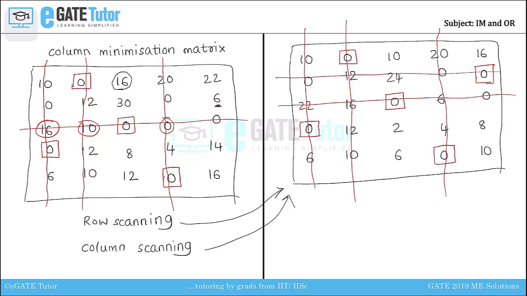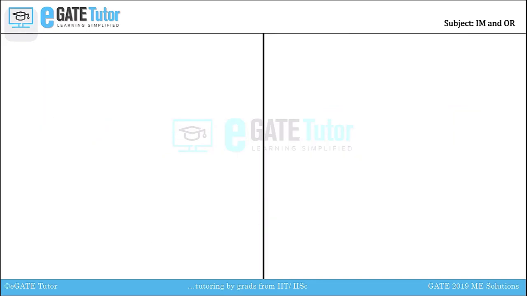Now, if we count the number of assignments, the assignments are 5, which matches with the number of rows and columns in the given question. Therefore, we have the assignments at different positions in each row. Therefore, we have to take the corresponding positions from the given table in the question so that the duration can be calculated. When you look at the optimized solution table, job 1 is assigned to machine 2.